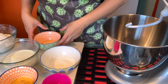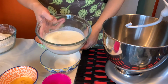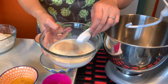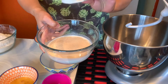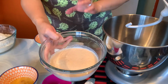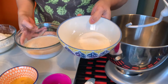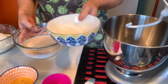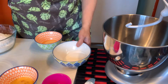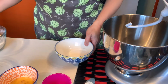So now I'm going to show you the process, how I do it. So we have here the lukewarm milk. What we're doing is just put the yeast in here and let it stay there for at least 10 minutes. Once everything is bubbly, then we can add it to our ingredients. And we have the sugar, so later on we're gonna put a bit of sugar in this mixture, so we'll set that aside. And also the butter, we're just going to set that aside